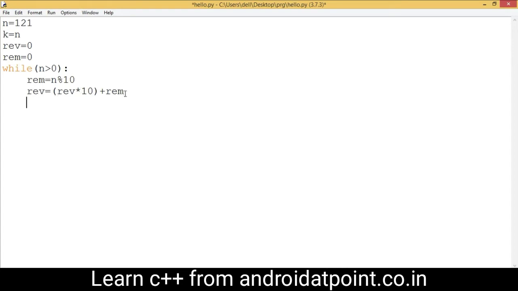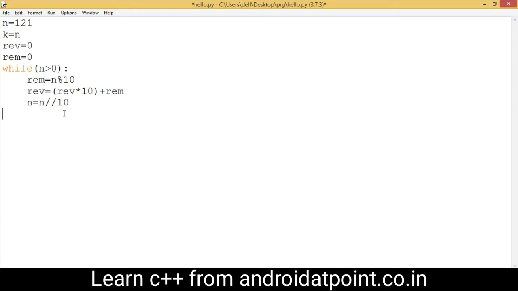Now next n equals n divide by 10, and this statement simply divides the value of n by 10 and assigns the quotient to the n variable, and press enter.